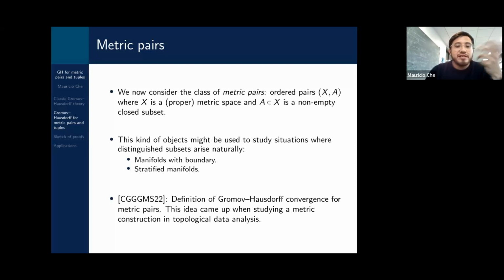And the idea of considering these metric pairs and considering the Gromov-Hausdorff convergence of such things came up in another collaboration with Fernando Galaz-García, Luis Guijarro, and Ingrid Membrillo Solís, where we were studying a certain geometric construction coming from topological data analysis, which involved metric pairs. And we observed that this construction was continuous with respect to this convergence. I will say more in a moment, but